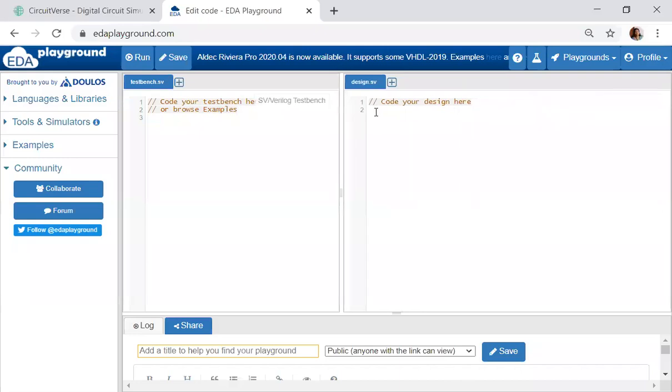I require a full adder. Full adder means a 4-bit full adder, which is nothing but a ripple carry adder. I require a full subtractor. I require a 4-bit AND gate, and I also require a 4-bit NOT gate. So first I will write the 4-bit NOT gate. These are all the submodules. The main module I also have to write. So first let me write the submodules.